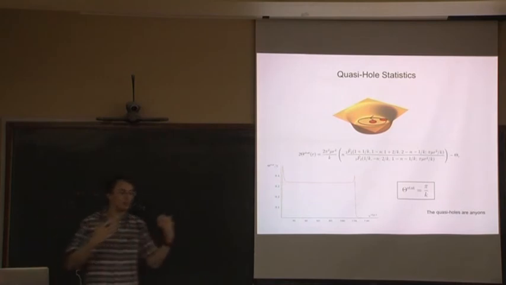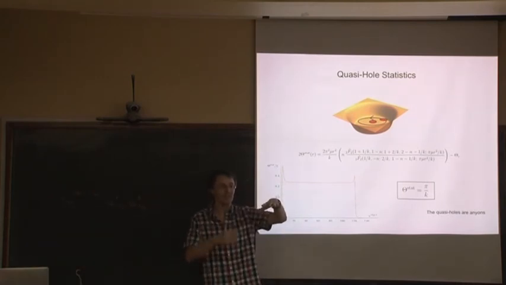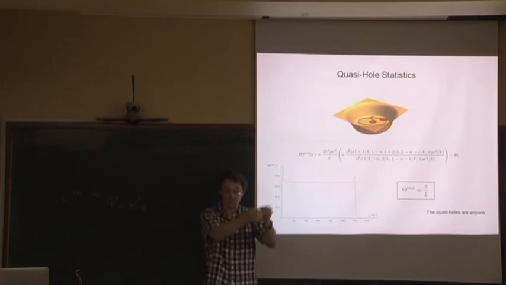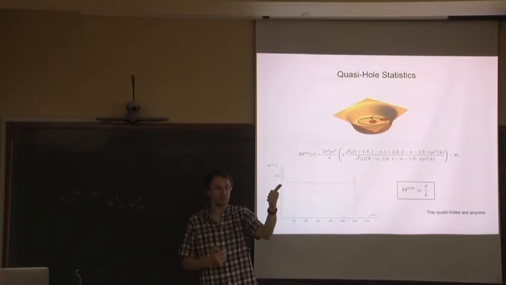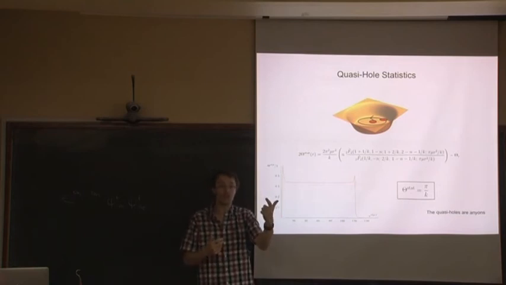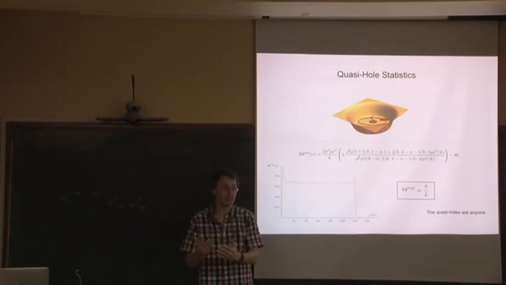All right, so this is what I promised. You start with a U(1) Chern-Simons theory, you look at the dynamics of vortices in some detail, and you can show that one, they give essentially the Laughlin wave function, and two, they give the Laughlin wave function in a slightly different form that's analytically tractable. So it's better for certain calculations than the original.